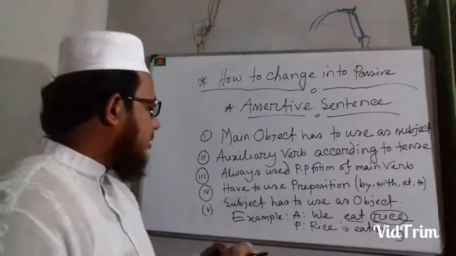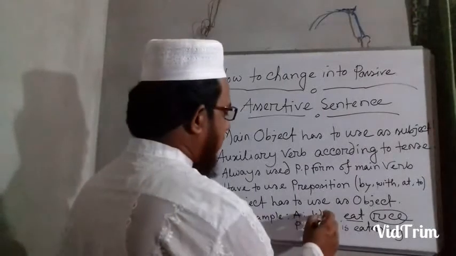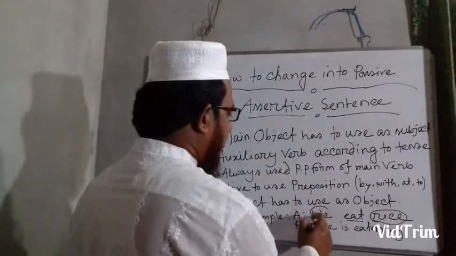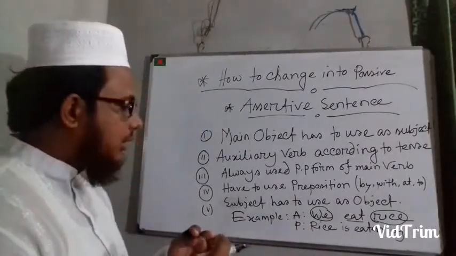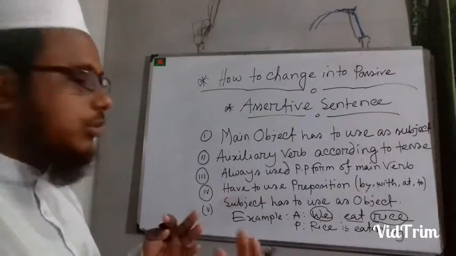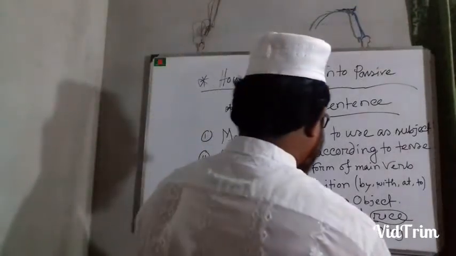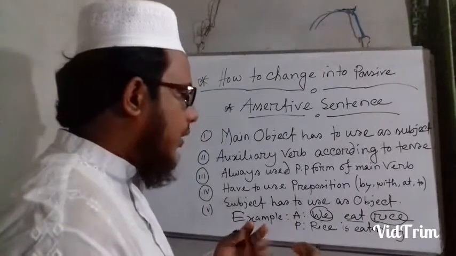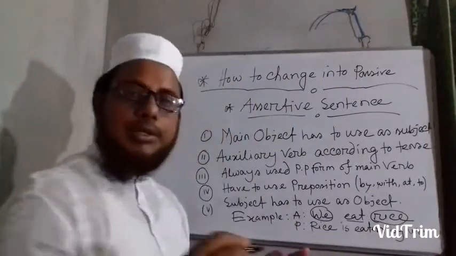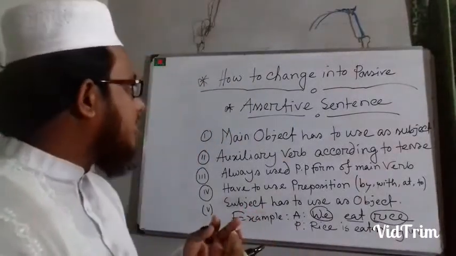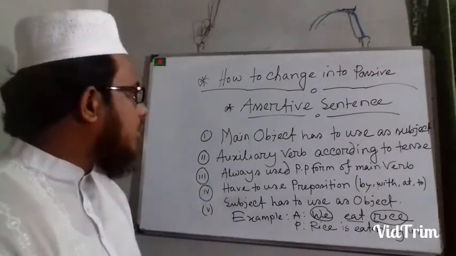Okay, last one, the subject has to be used as the object. We can see that the subject of active voice is we. In the passive voice, this subject will be used as the object. So the objective form of we is us. Okay, in this way we can change active into passive. Dear learners,